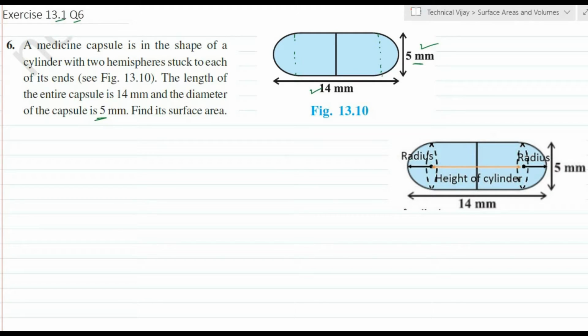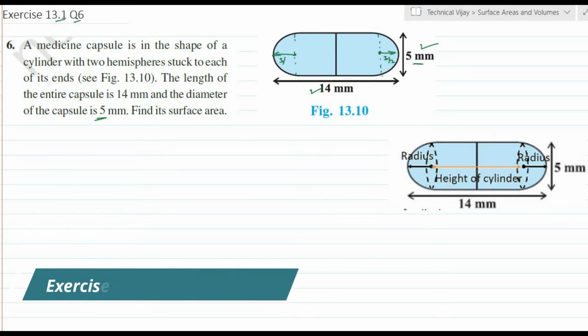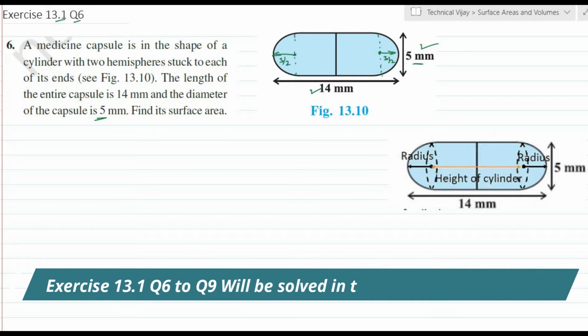So now here the radius is equal to 5 by 2. And here also the radius is equal to 5 by 2. This total is 5 mm, so this is also 5 by 2. Now we have to calculate its surface area. So the total surface area of this capsule is equal to the surface area